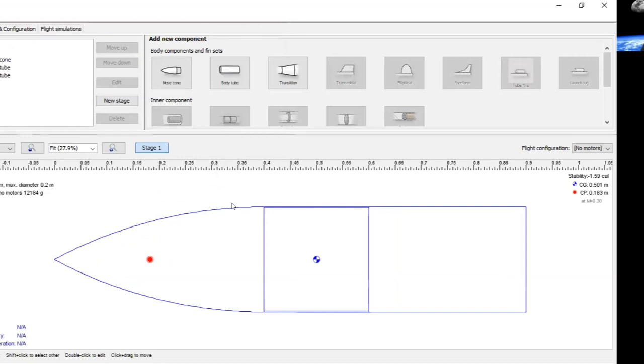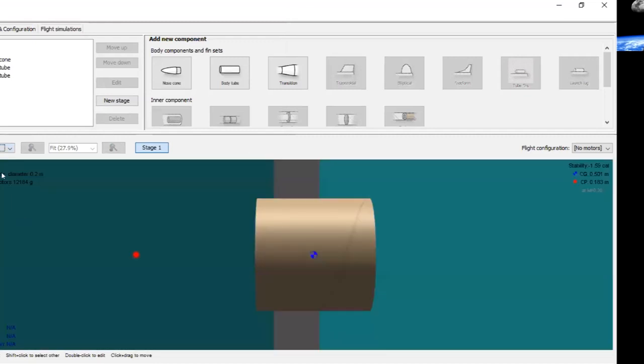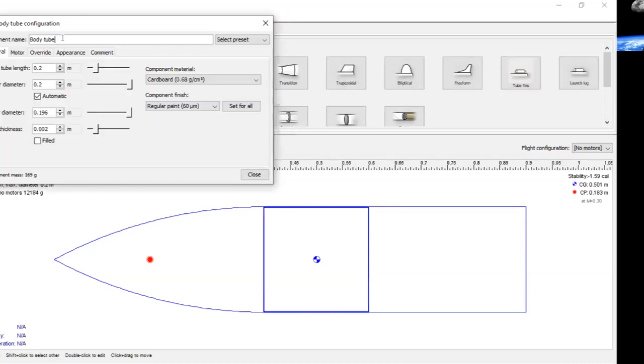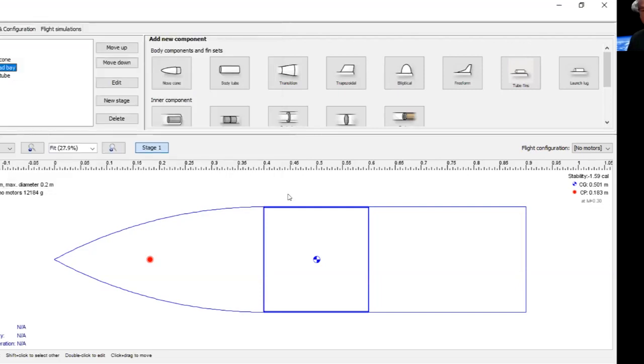Okay. You'll see if I change the viewpoint now to 3D finished, you'll start to see what it's starting to look like. Just before we leave that, when I bring that one back up, I'm going to change the component name from body tube to payload bay, just so it's easier to keep track of. So we've got the payload bay, we've got the nose cone, and now we're going to put the rocket motor